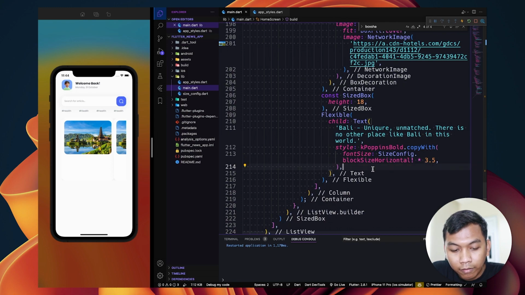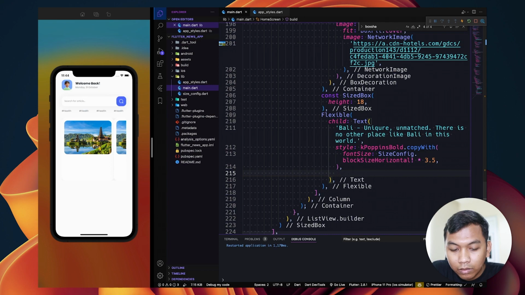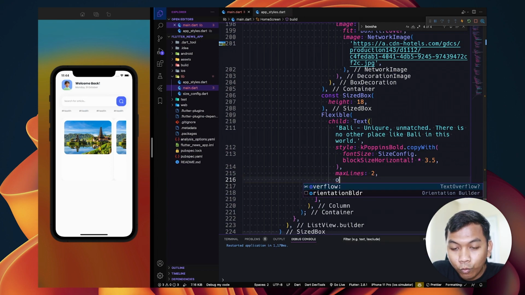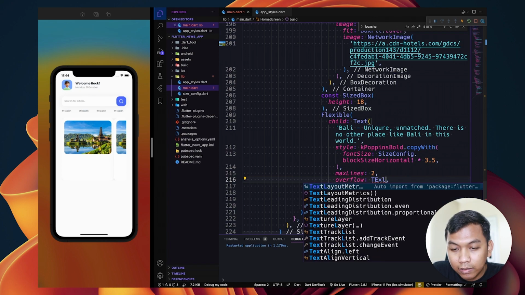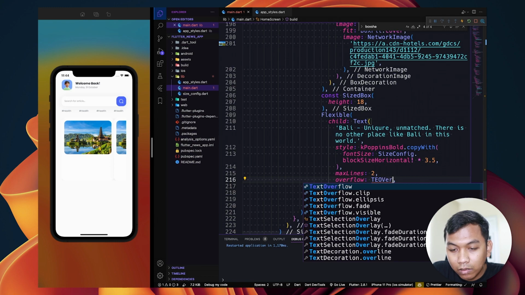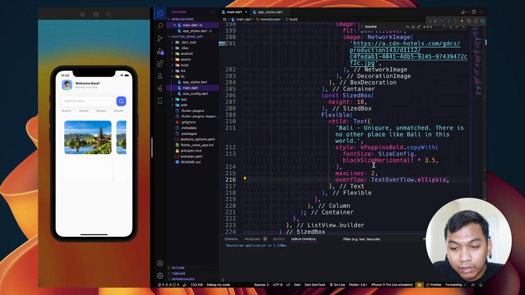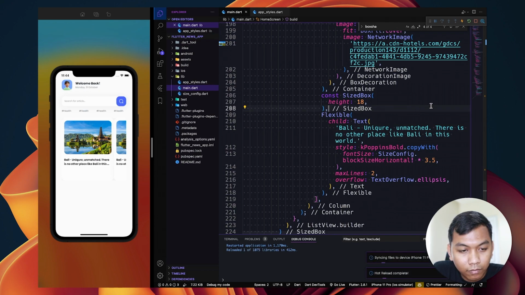Alright, and the next inside this text, max lines to be 2, and when overflow it will be ellipsis. Ellipsis is a dot dot dot. Alright, looks like this.